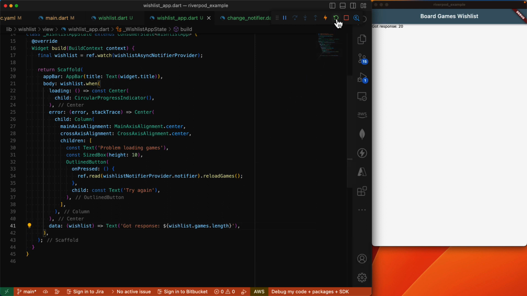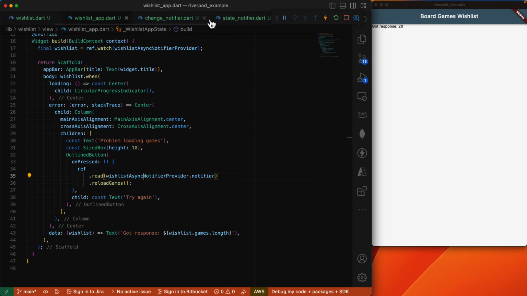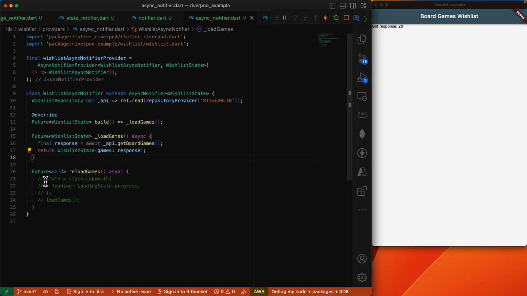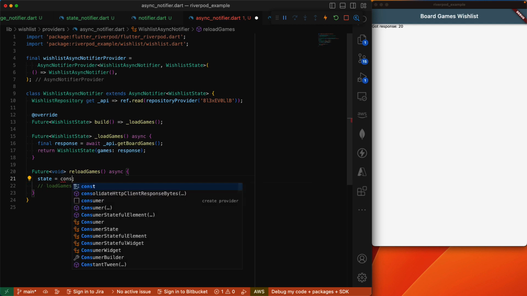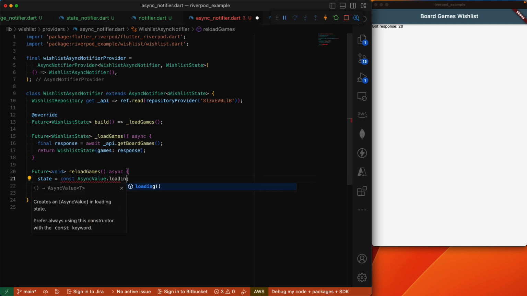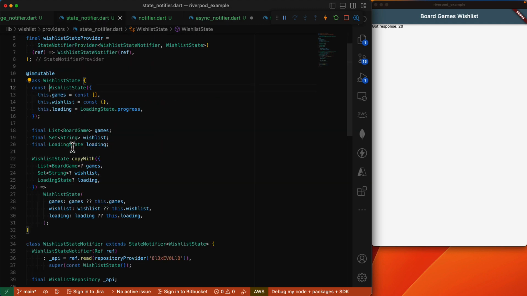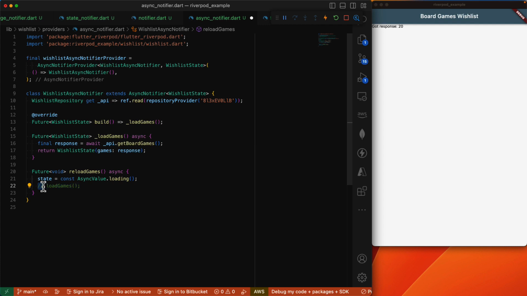Let's restart the app again. Let's change this to our AsyncNotifierProvider. Let us look at the reload functionality. Due to the fact that we're using AsyncNotifier, we can replace this loading phase with AsyncValue.loading, which saves us from having the loading property on our state. To retry, we can do state equal to AsyncValue.guard, and in here we invoke our loadGames method, and we can